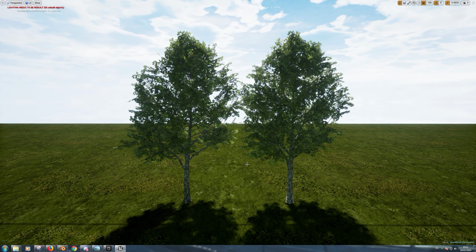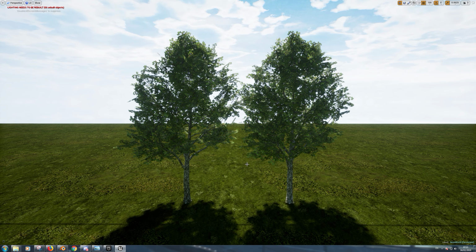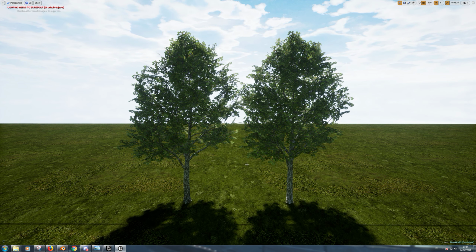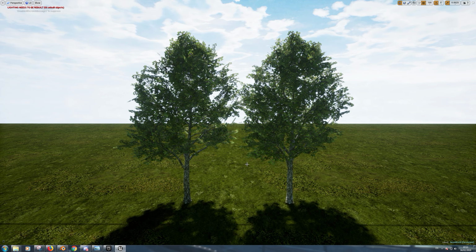But then the leaves, right, are made from billboards, like planes, that have a masked material, which means that some parts of the material are opaque and other parts are transparent. Now what happens is that when you've got lots of transparent surfaces overlapping each other, you get this thing called overdraw, right? And this is very, very expensive for the renderer inside Unreal Engine 4 to render all of these